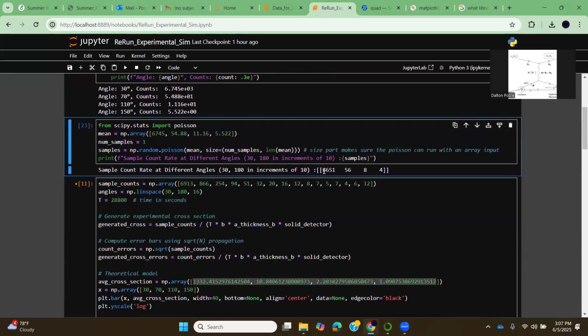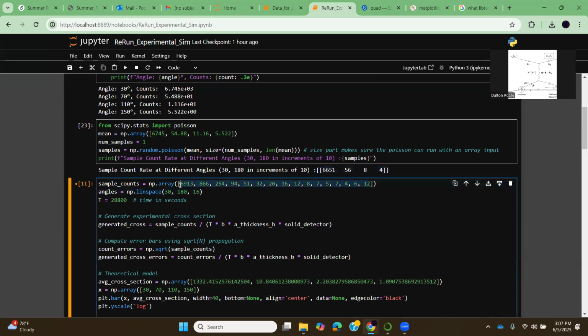Now I have my theoretical count rates, or sorry, my experimental count rates, simulated experimental count rates. Throw those in there. Okay. Now for my